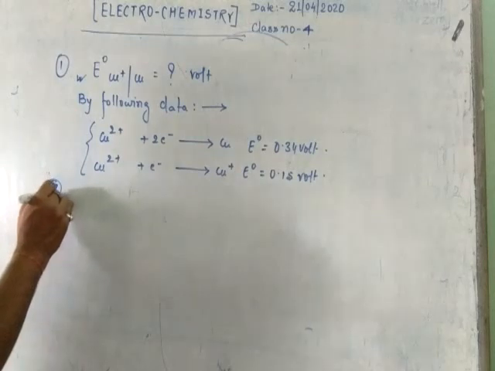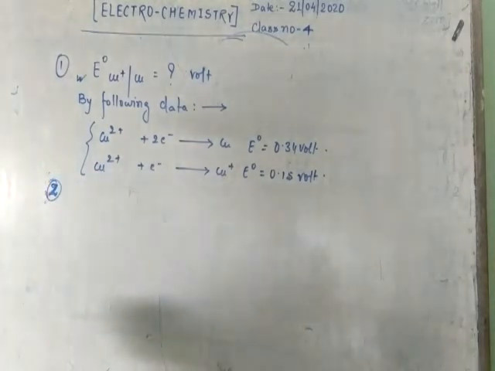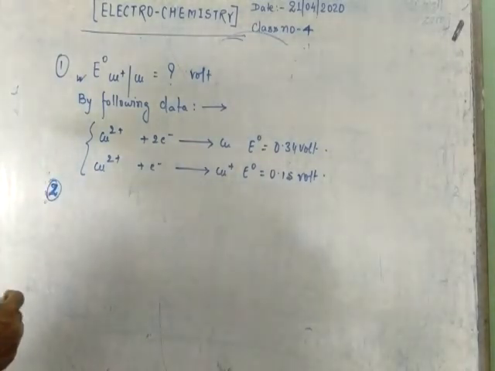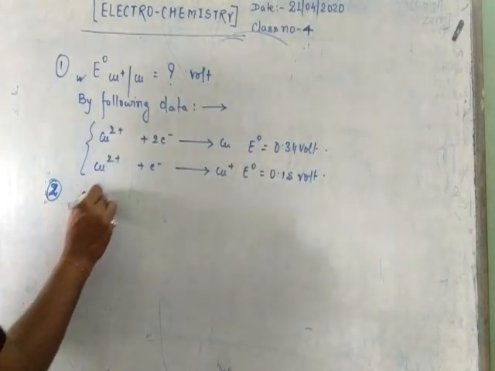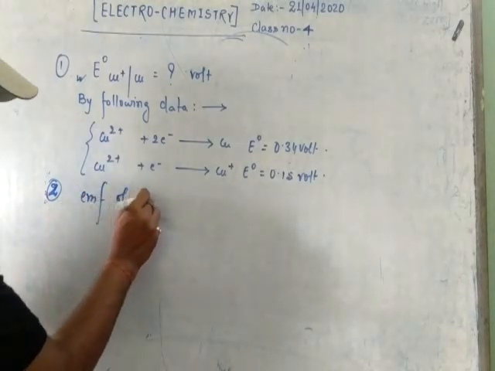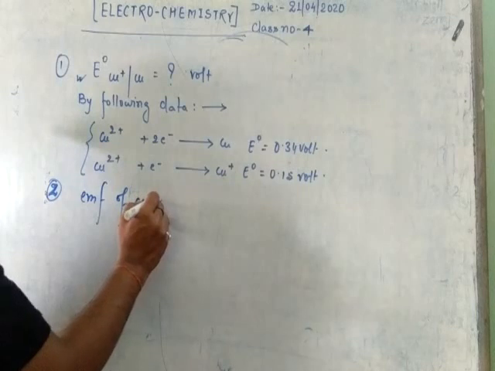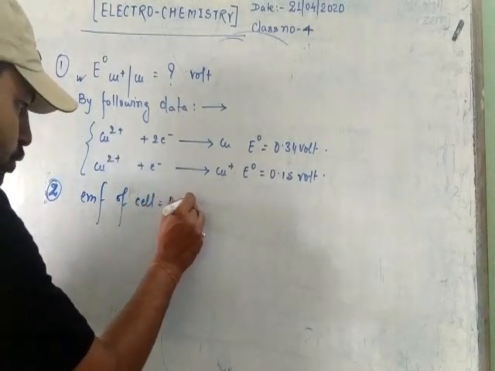Now the second question is very important, students. The second question is: the EMF of the cell is given, which is 0.28